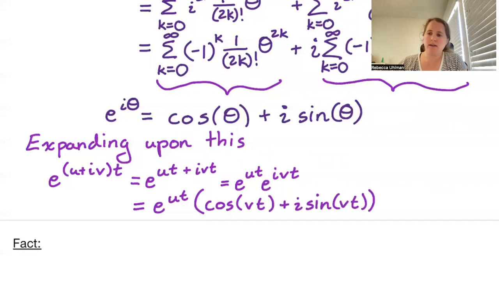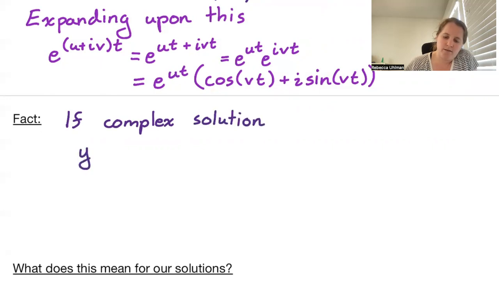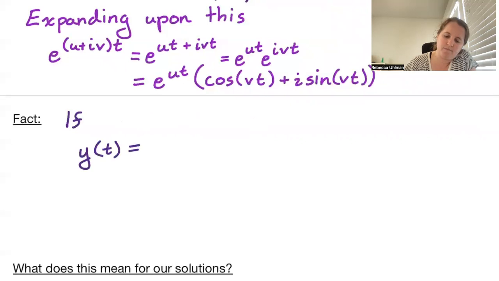So if we have a solution in the form e to the u plus iv all times t in that exponent, we can split it out into the real part component and the imaginary component. So from here, we now are going to utilize a very useful fact: if a complex solution y of t equals